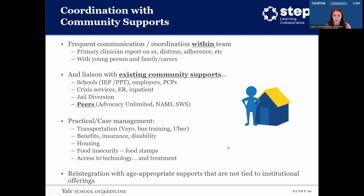And then overall, we're really focused on trying to reintegrate folks with age-appropriate supports that are happening in the community, not just those that are tied to kind of institutions. And of course, there's so many great offerings that exist within community mental health centers or LMHAs and things like that. But I think it's really important to think about, especially for this age group, of not just connecting my